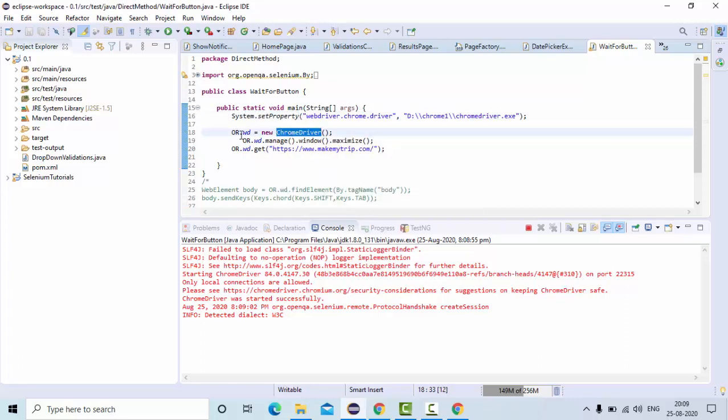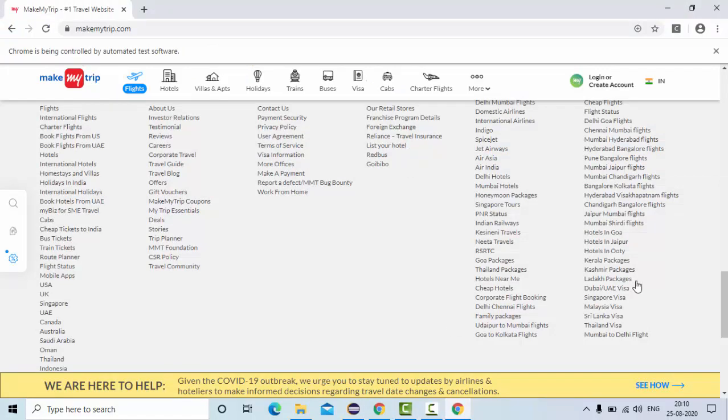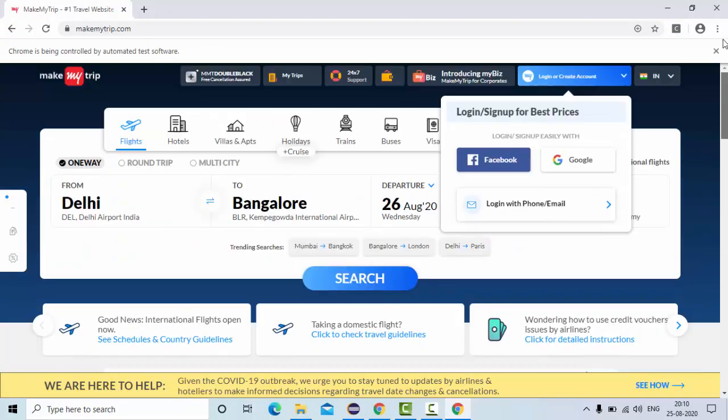Okay, here the WD is nothing but my object repository dot WebDriver. Okay, so I am initializing my Chrome driver here and I am navigating to this particular web page, right? So once I did that, using sendKeys we'll see how we can go to the bottom of the web page.